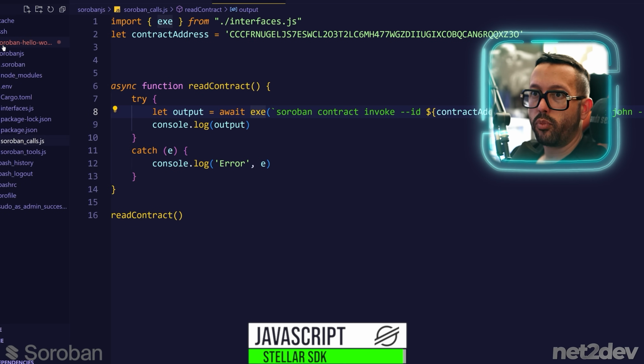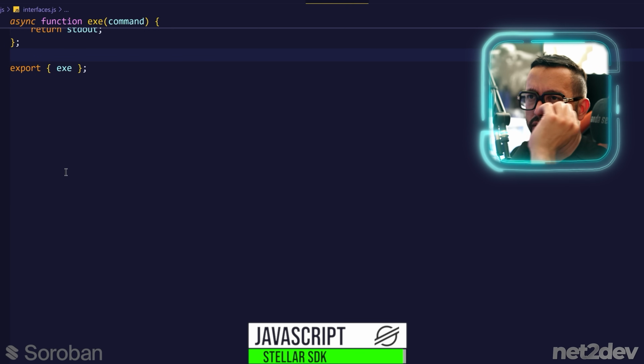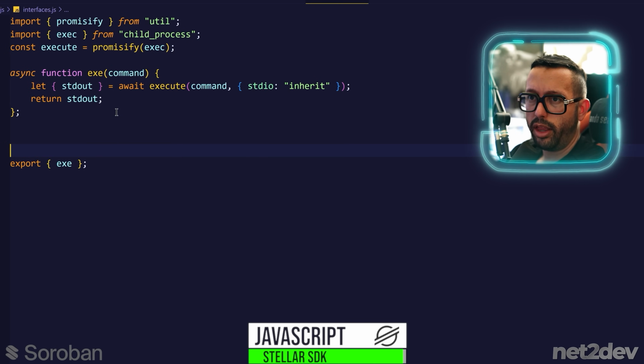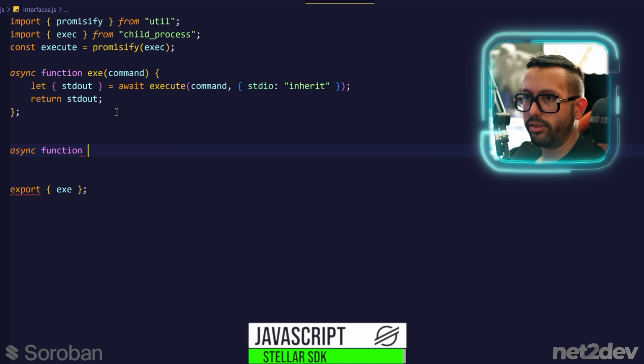Okay, and we're going to break it down step by step. We are going to take advantage of the interface, so that we can also export that function as we are writing it. So what we're going to do is apply it down here. We're going to say async function, and let's call this function contract